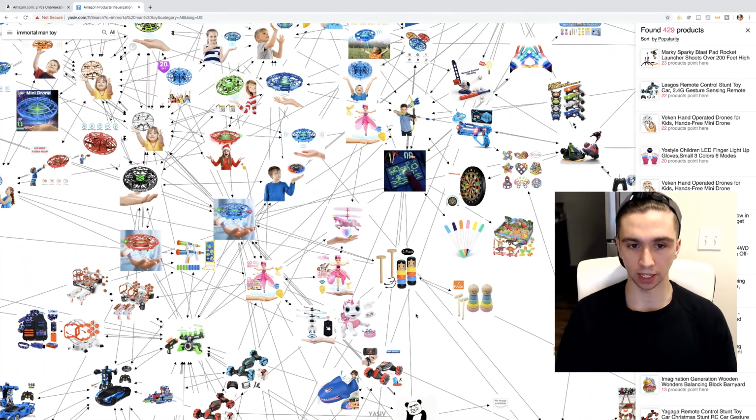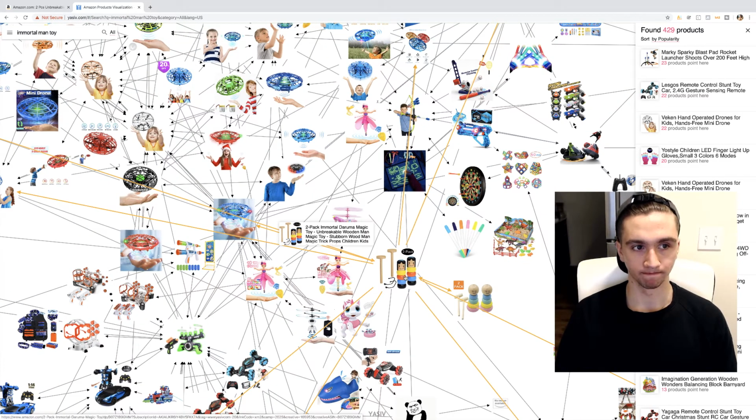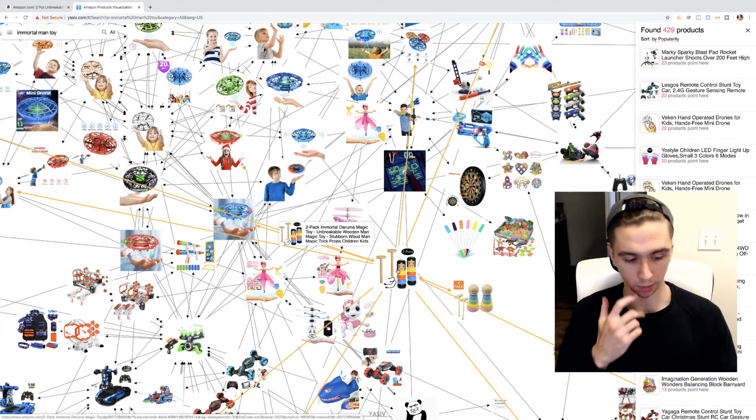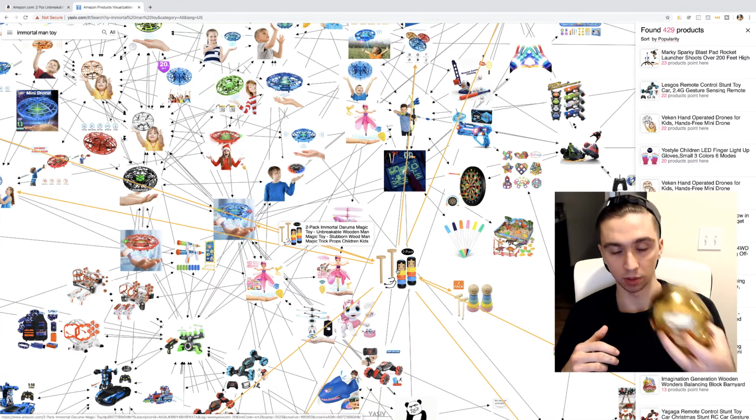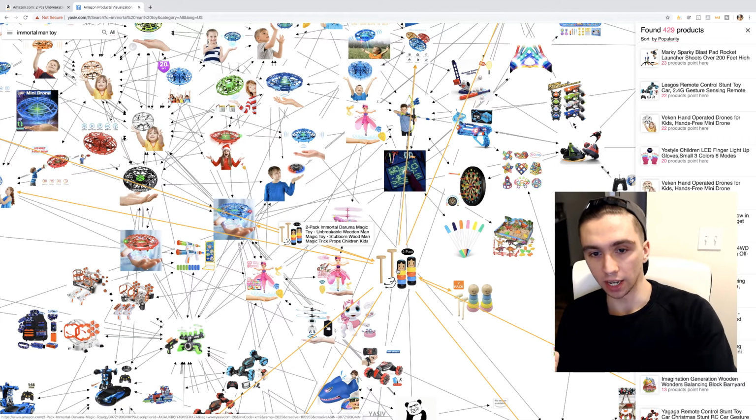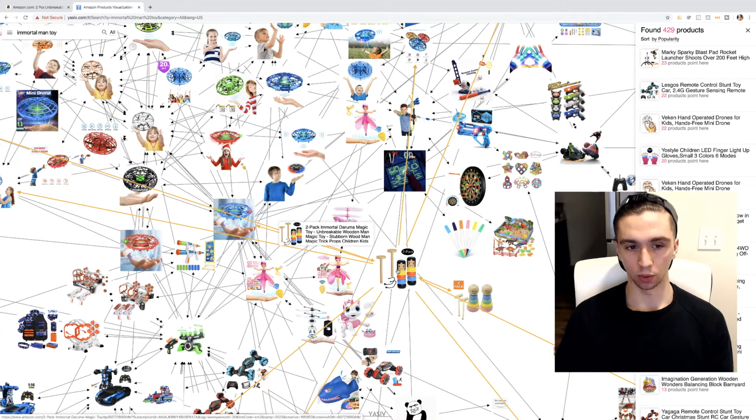So if I were to search something like a more adult product, not an adult product, but like a wall shelf, or just a normal private label product, like this little skull that I'm using as a bookend, you would get more relevant products. It wouldn't be like Nerf guns, robotics, RC cars, flying things. These are just random toys. I might get black skull or black skull bookend, or rose gold skull instead of gold skull. So you would see all these things popping up. So go ahead and check this tool out. It's really good for thinking of things to bundle together.